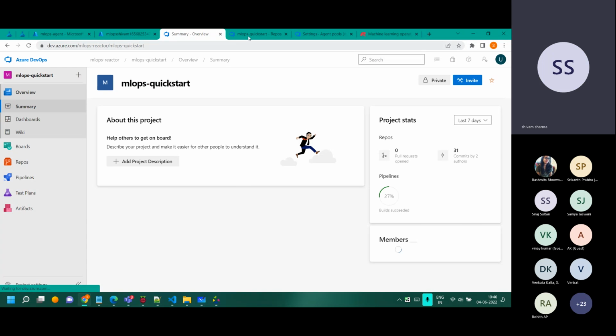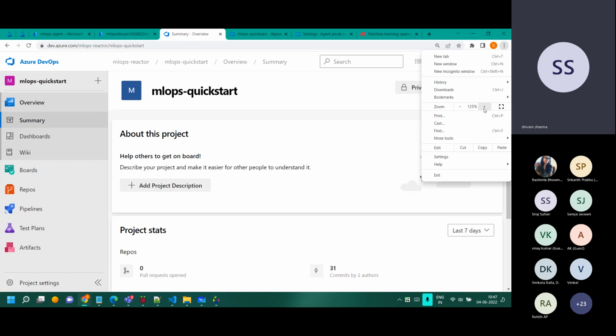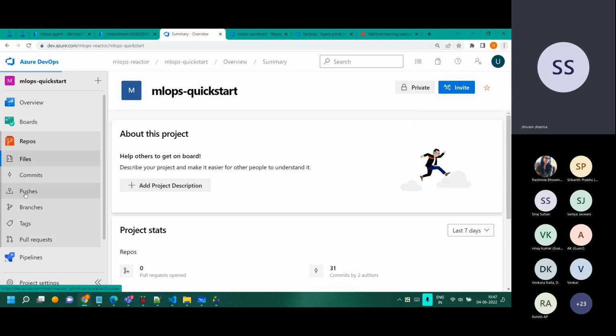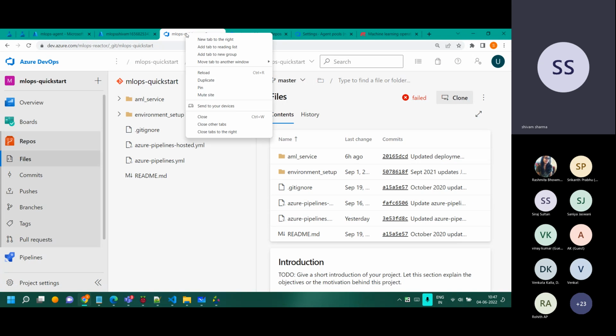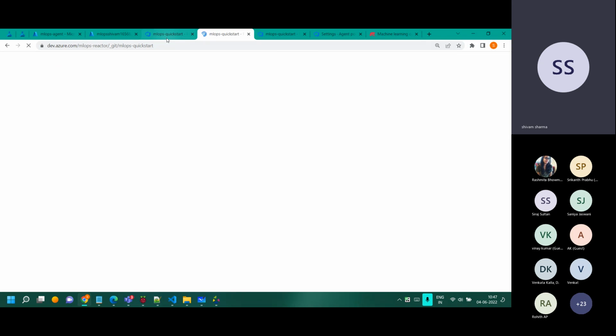Okay, so now hang in with me. Just hang in with me. I just want to open a couple of things and let me see if I can arrange things in proper order or not. Let me just duplicate this page one more time over there. Okay, so check this out.